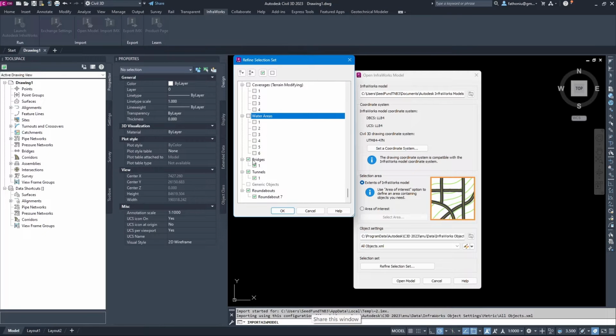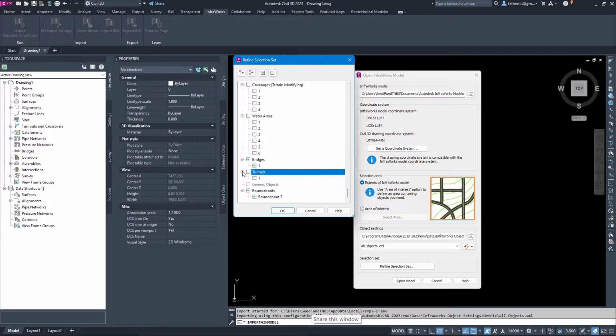And then bridge, okay, we want to have this bridge only to see how it is placed on our Civil 3D model. And then tunnel in InfraWorks, it is not an assembly, but it is a 3D model, 3D object.